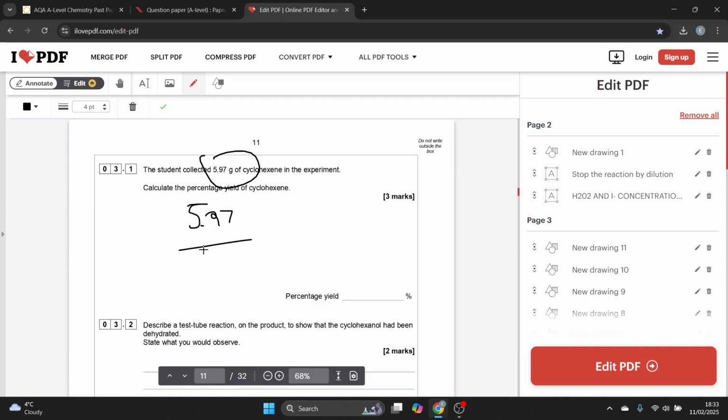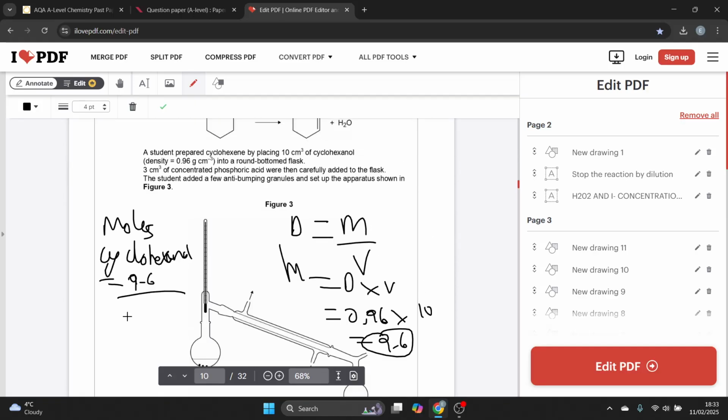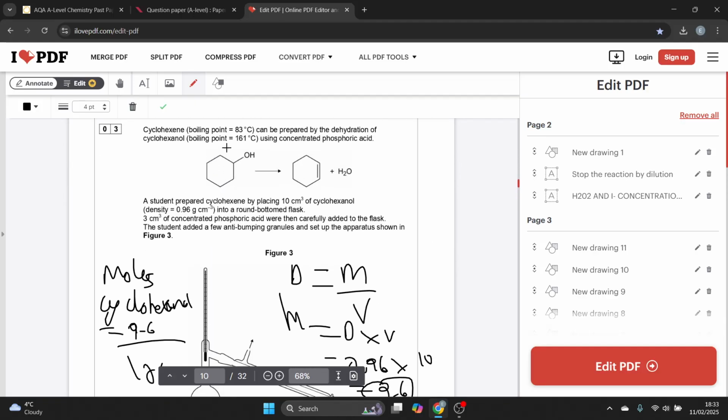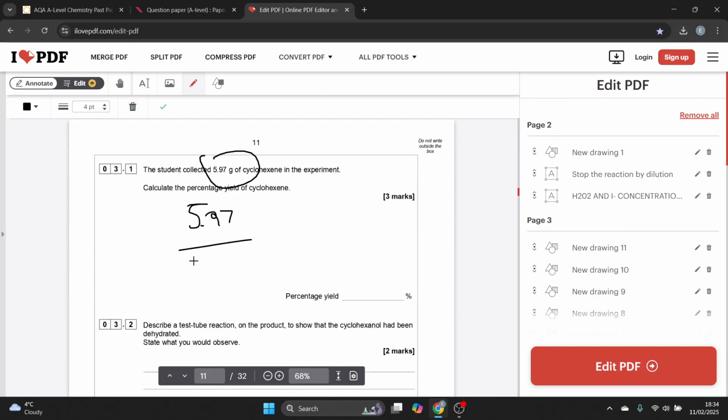So it's going to be 100. So that over 100 will give you the moles of cyclohexanol. 1 to 1 molar ratio will give you the moles of cyclohexene. Then use moles and Mr to find the mass of cyclohexene. You need to find the Mr of cyclohexene. And then once you've got that mass, 7.87, it's 5.97 over 7.87, I want it as a percentage, times by 100,